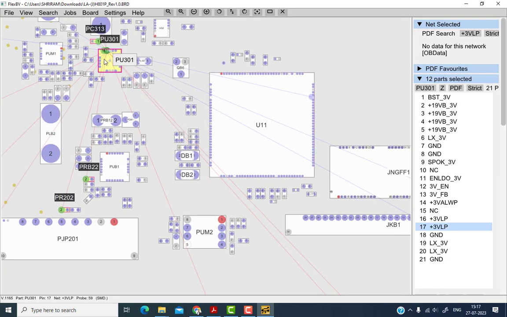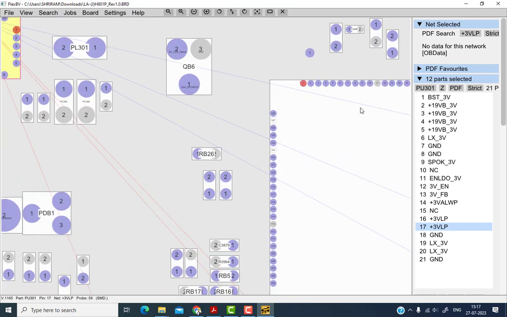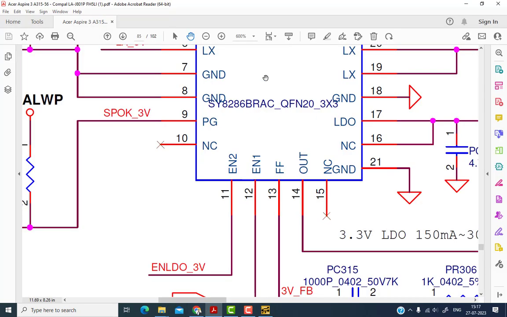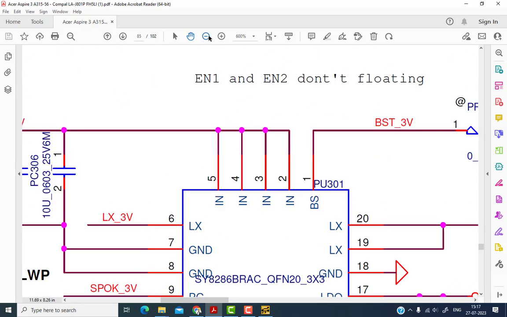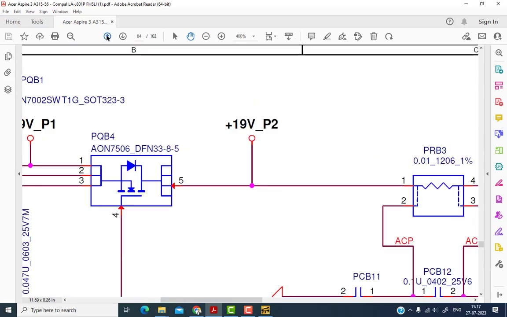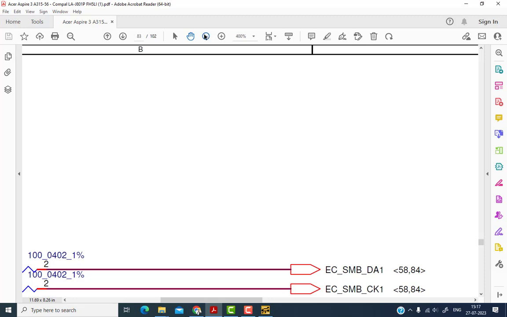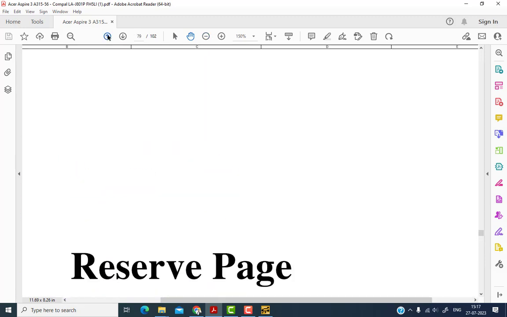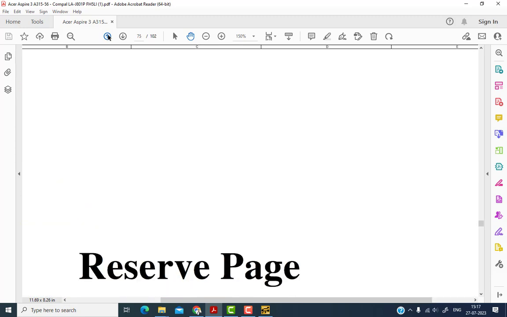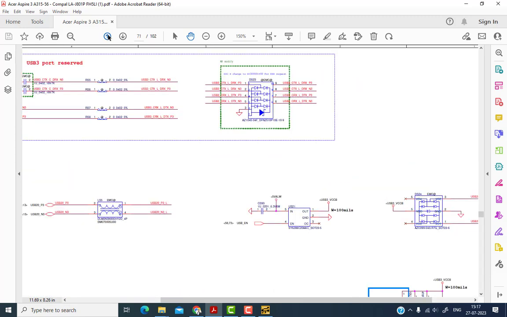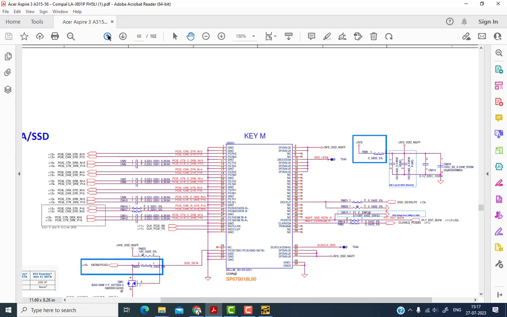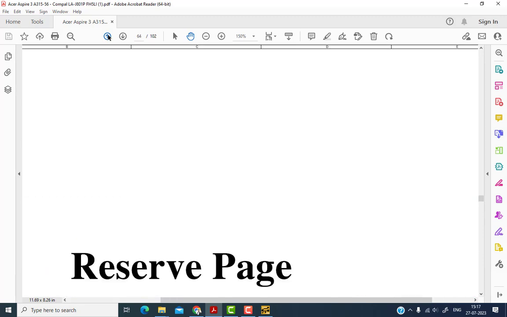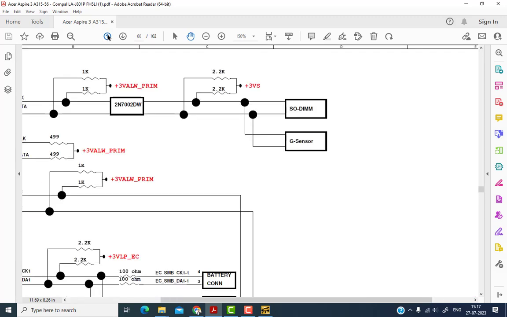Okay, this one is SIO, and that 3V_LP voltage is coming here, passing via this resistor. The resistor location is PR3986, and the value of this resistor is 0, so there may be no resistor at all; there is a short pad. So 3 volt is passing via this resistor, going to pin number 22,